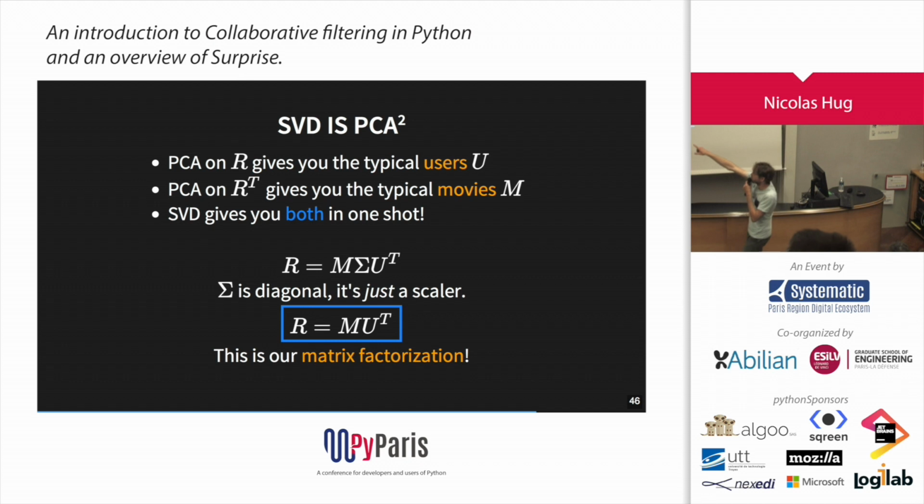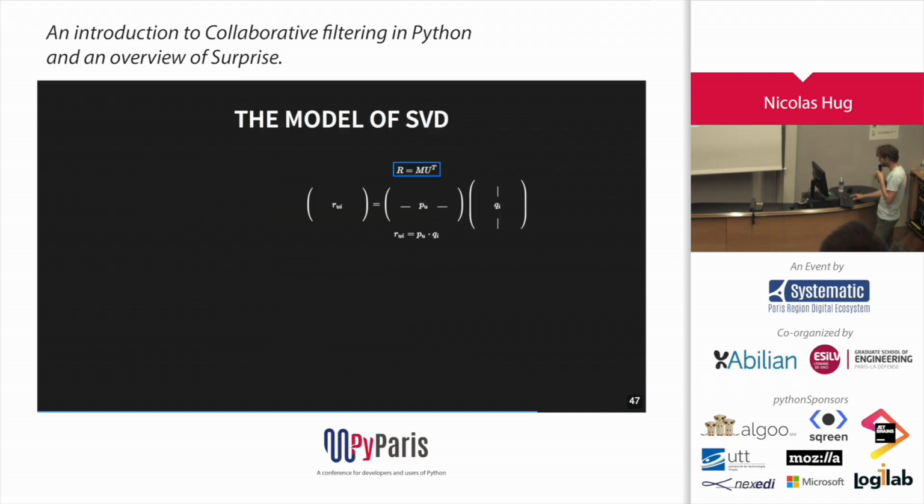And just focus on this part here. This is the matrix multiplication, M times UT. This is our matrix factorization. Now it has a very nice way. That's just a thing I want you to understand here. It has a very nice way of modeling the ratings. So with this model, the rating of user U for item I is represented as a scalar product